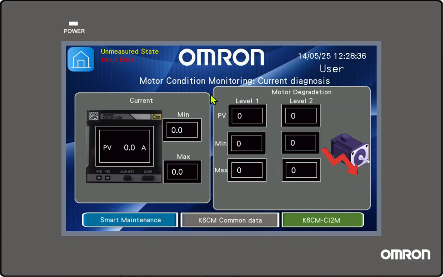And the same happens for the motor degradation data, where we have the present value, minimum and maximum for level 1 and 2. And also at the bottom in this space, it is shown if there is any related alarm. If it is warning, it is with yellow color, and if it is critical, it is with red color.